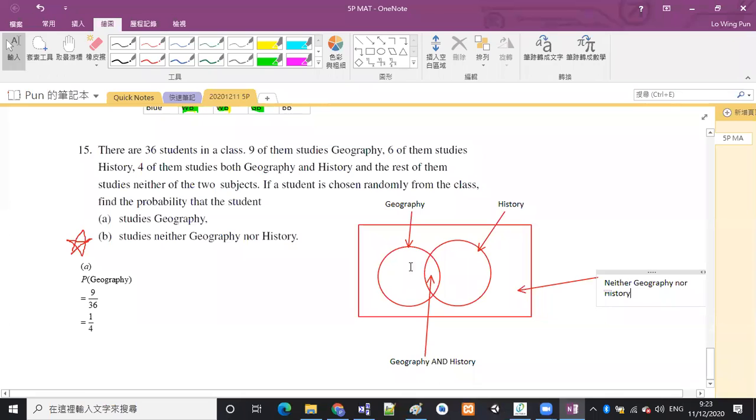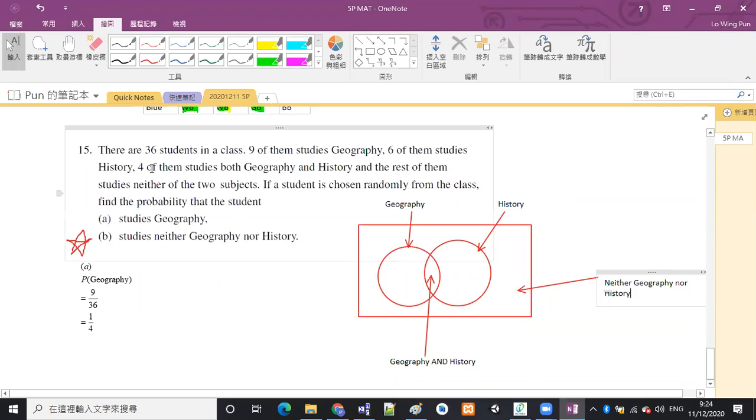OK，左邊嘅圓圈就係有讀 geography 嘅同學，右邊嘅圓圈就係有讀 history 嘅同學，中間重疊部分就係同時間有讀 geography 同埋有讀 history 嘅同學。咁外邊嗰部分咧，即係個圓圈兩個圓圈以外嗰部分咧，就係又冇讀 geography 又冇讀 history 嘅同學啦。我哋而家要揾嘅就係呢一啲同學佔咗全班嘅幾多分之幾？